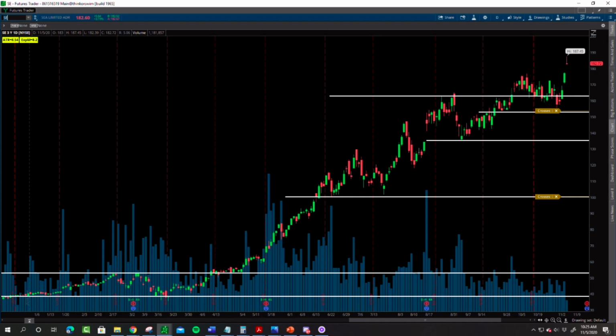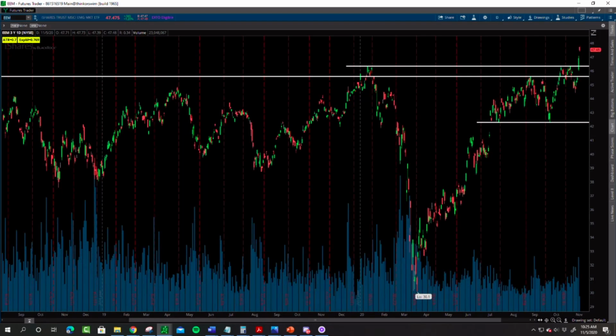Take another one that's in here. Let's take EM because it's another one that's breaking out right here. When we put this alert in, we're looking for an entry point above 46, which was higher than the recent highs. So our entry point was actually in this zone. Might have been a little bit early, but our stop, when you look at EM, was at 42,